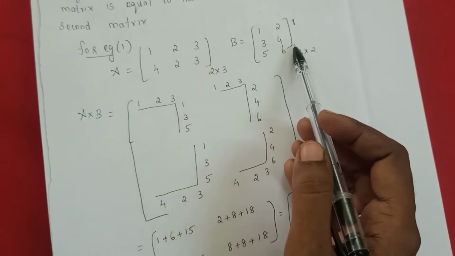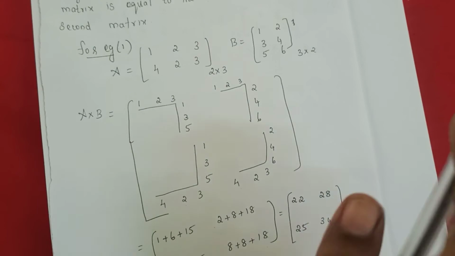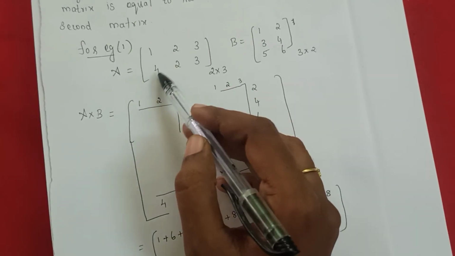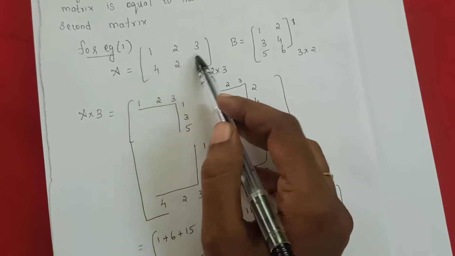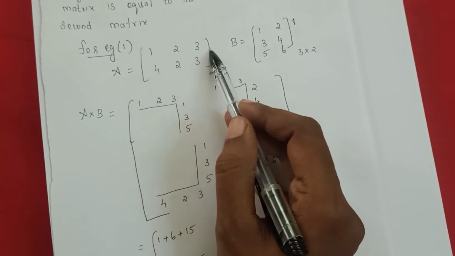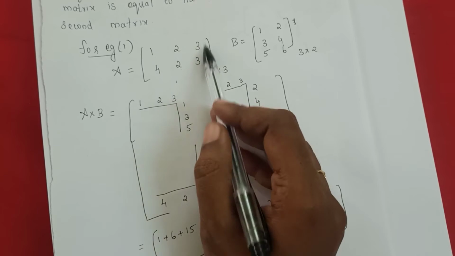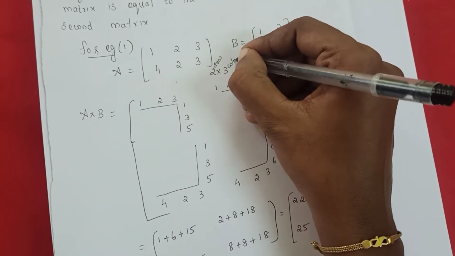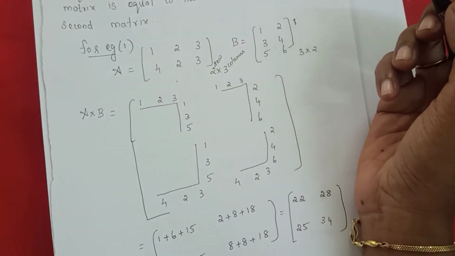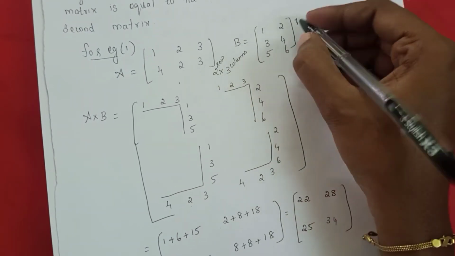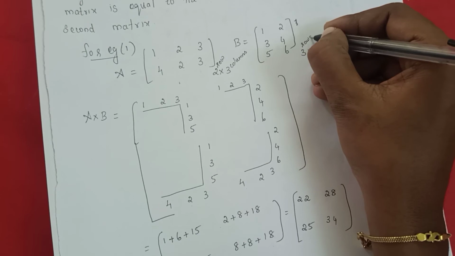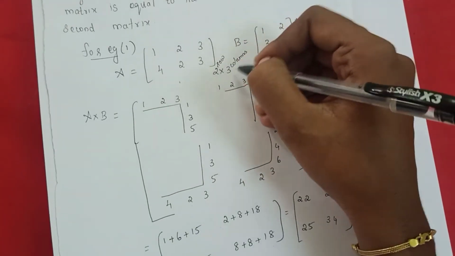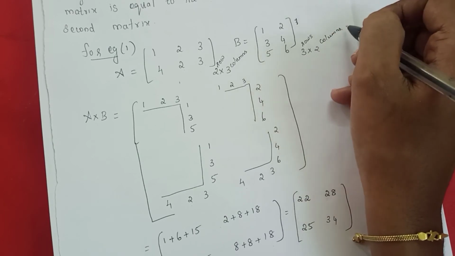So for that I have to put an example for you. I will say by using the example, then only it will be very easy for you. So 1, 2, 3, 4, 2, 3 is there. What is the order of this matrix? 2 row, 3 columns. Keep it in mind. That is 2 row, 3 columns. Understand? 2 row, 3 columns. Same as that. Here how many rows are there? 3 row, 2 columns. Okay. 2 row, 3 column. Here 3 row, 2 column.